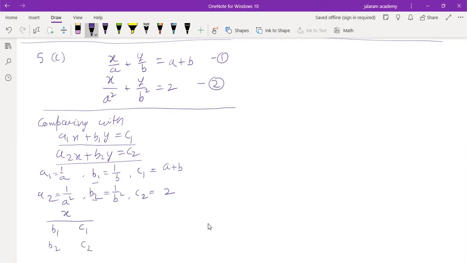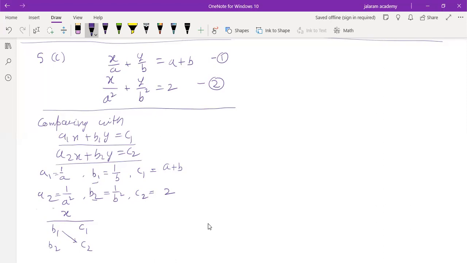It is called cross multiplication as we start multiplying them in this manner, cross multiply. So what will be the result of cross multiplying these two? Sir, it will be 2 upon b. Where is 2? Don't tell the values. Multiply b1 and c2 only. It is b1, c2. Is that clear to you?